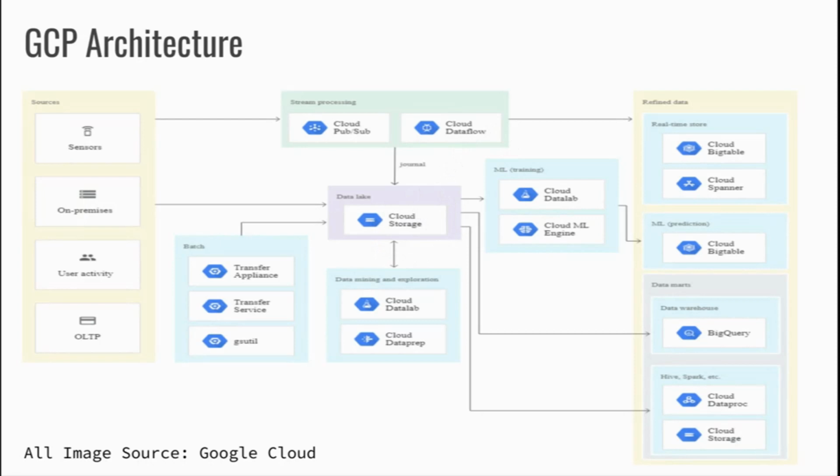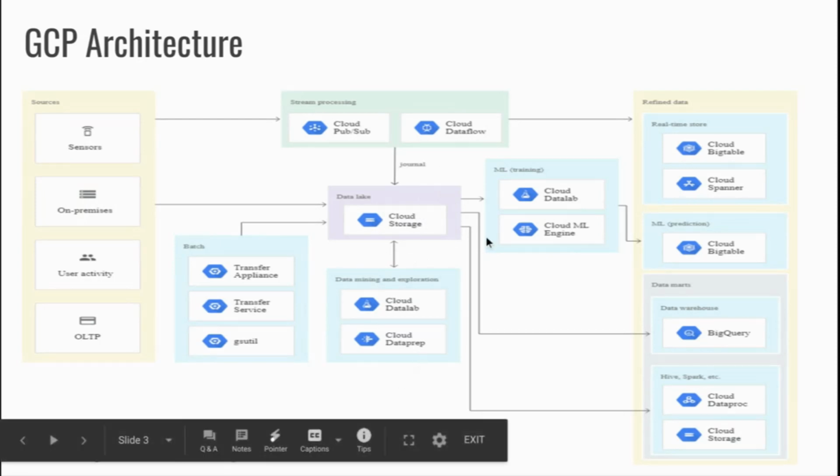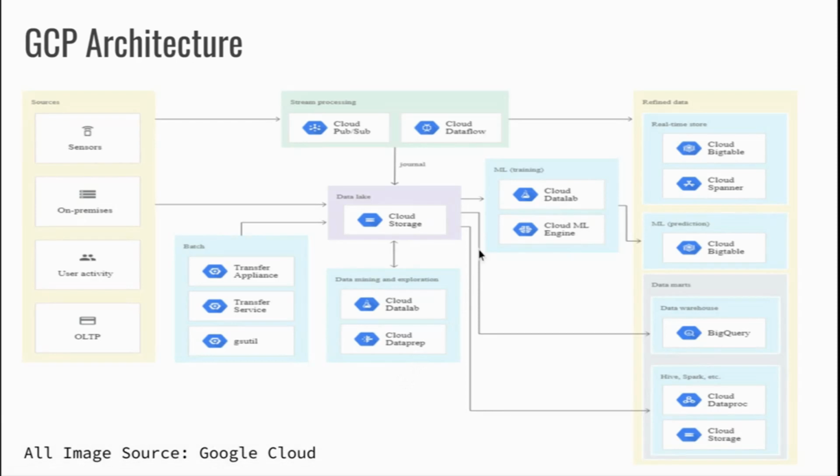Now once you have the data on cloud storage, your data scientist may want access to the raw data, right? And that's where you have Cloud Dataprep, which is nothing but Trifacta provided on the cloud as a service. Or you can have Cloud Datalab. Datalab is nothing but the Jupyter notebook that they provide. And Datalab in the new version has changed to AI Platform Notebooks, and AI Platform Predictions once you deploy the model. Now this is a little older image, but it's still relevant.